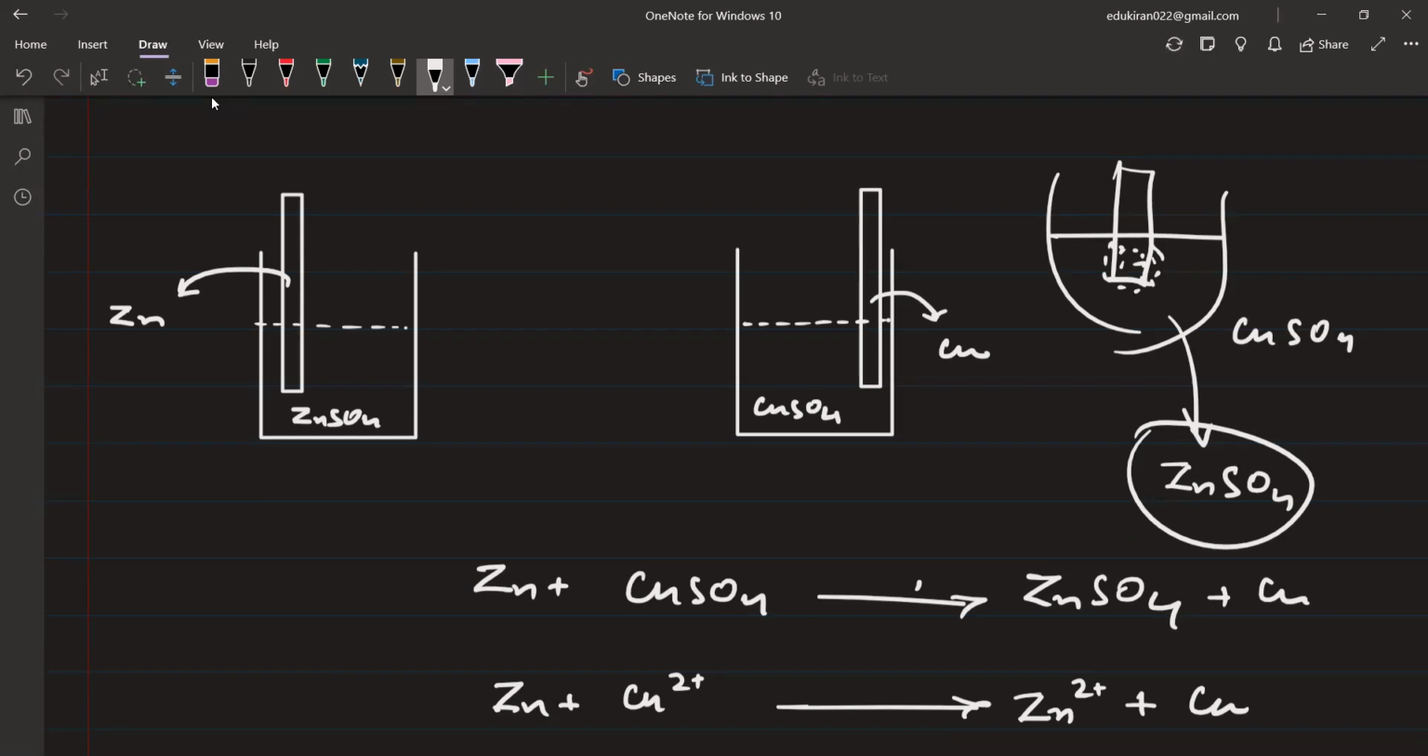Now, when zinc will be dipped in its own solution, then what is going to happen? This kind of equilibrium will be there. Zinc and Zn2+, they will be talking with each other. Zinc will be getting converted to Zn2+, Zn2+ will be getting converted to zinc. Nothing more will happen here. Same thing will happen here. Copper is getting converted to Cu2+, and the Cu2+ is getting converted to copper. But as soon as you join these two wires,